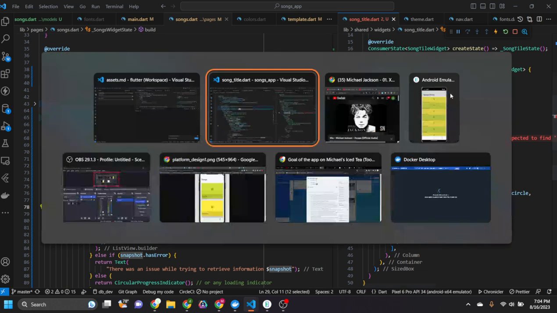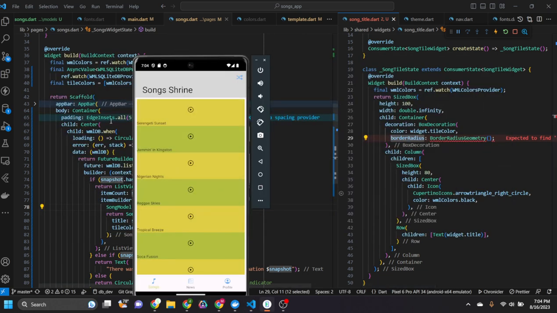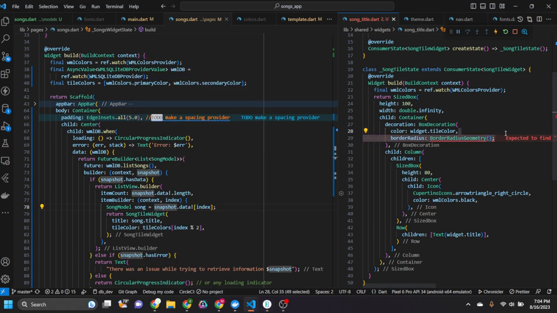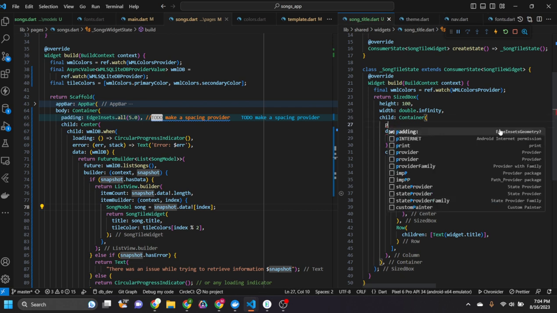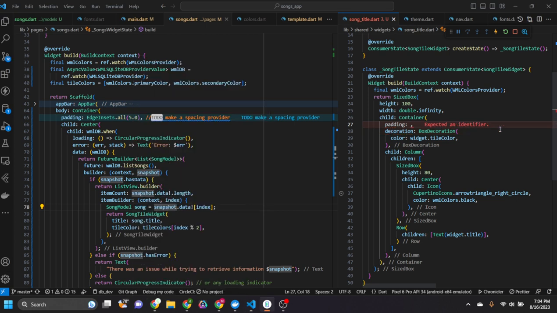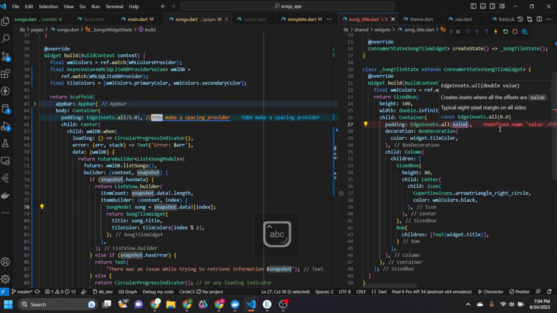So I'm not too familiar. While I'm waiting on that side to search it up, I want to provide a little padding, right? That's going to come separate from the BoxDecoration. I wish it came the same, but I guess it's related to the container itself. That's why they kept it separate. But you just have to accept it the way it is. So it's going to be EdgeInsets.all, and then I'll just give it a value of